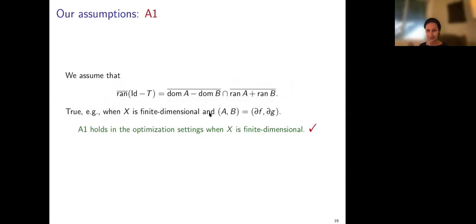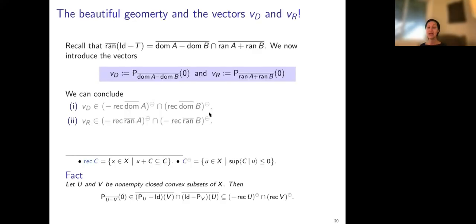A few slides ago, I said that we proved it. We proved it in finite dimensions when A and B are nice. Nice here includes subdifferentials. So as long as we are dealing with subdifferentials in finite dimension, this is always true. So we don't even need to assume it. Now,